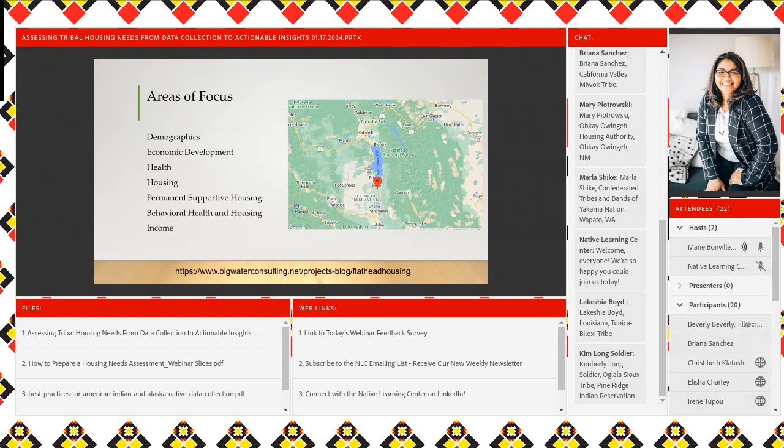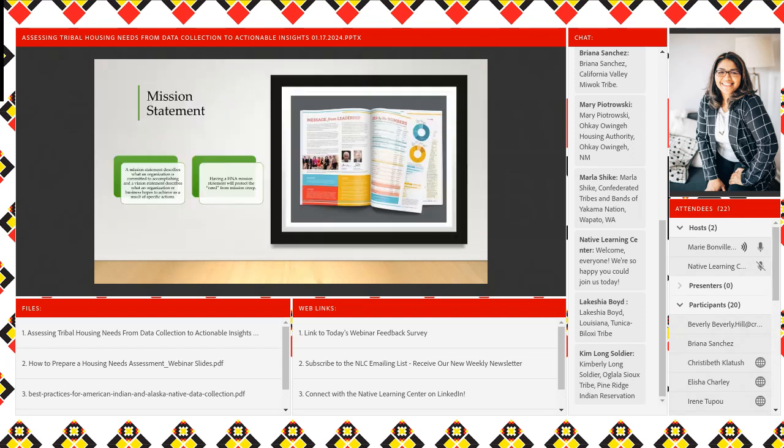The neat thing about this particular needs assessment is that it wasn't just housing. Just expanding on the conversation, it had demographics, economic development, components of health, housing, permanent supportive housing, which is like a wraparound support services sort of housing opportunity for your community, behavioral health and housing and the intersection there, and then income. So it looked at several different focus areas outside of housing, which I found to be interesting. And why is that important? Because, even for your